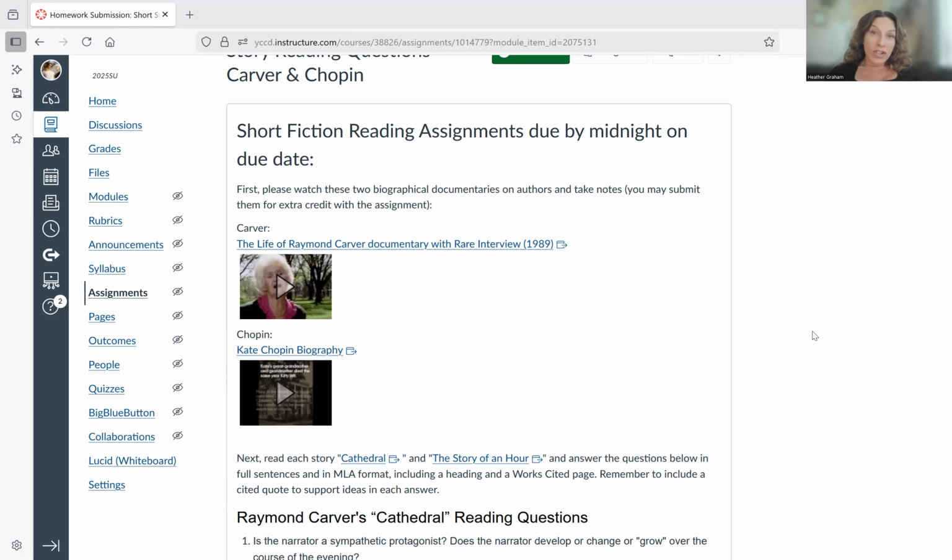And so it'll help you understand it. It will also help you when you go to write your essays, because the introduction of literary essays usually includes